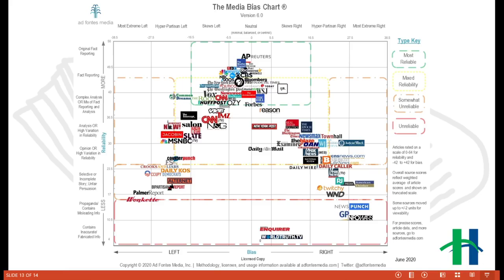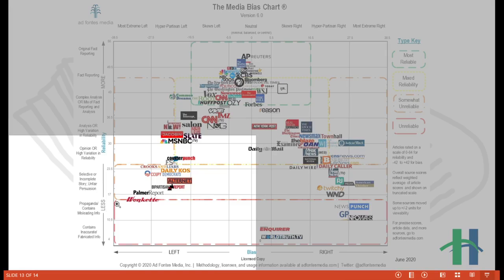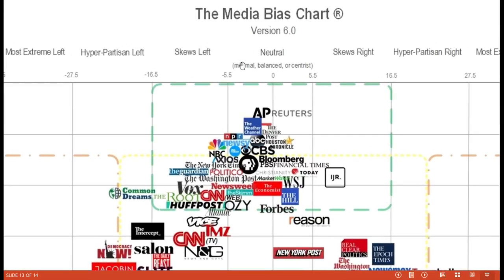They are on the ground, they're reporting what they're seeing. And then as we get toward the more extreme ends of the political spectrum, this goes left for liberal, right for conservative in terms of the American political context. The quality drops off as you become more and more extreme. You get more and more fake news, misinformation. I know this is super, super tiny, so let me see if I can zoom in. So up here at the top,